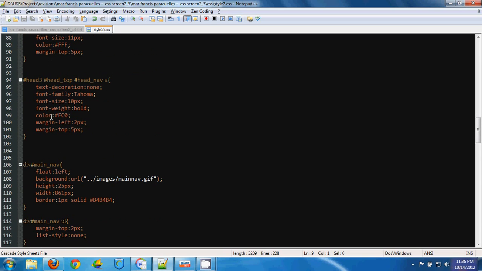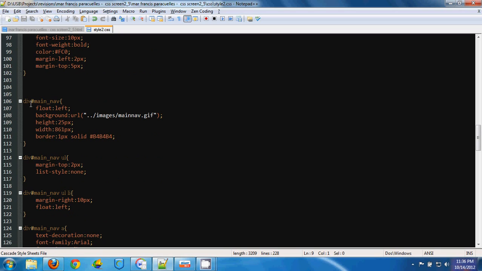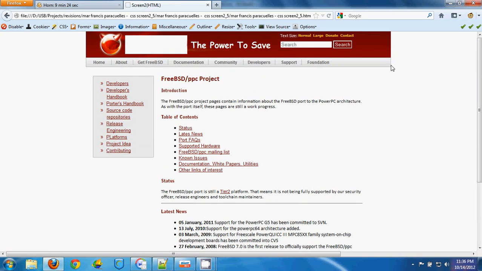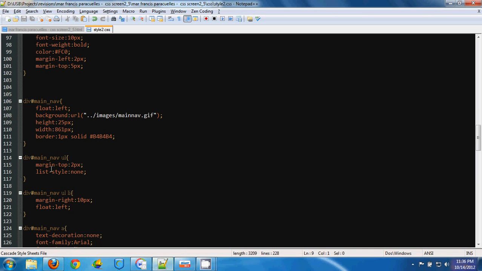Then the division main nav, also put float left, also the background image, and specify the height and the width, and also the border, this border here as 1 pixel solid, and the color.